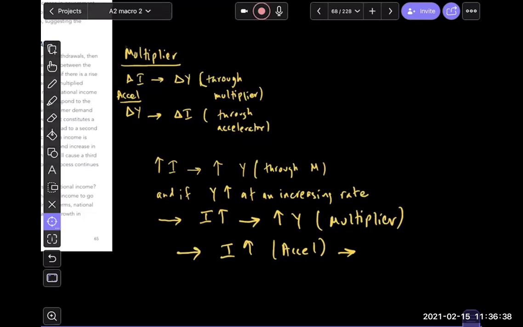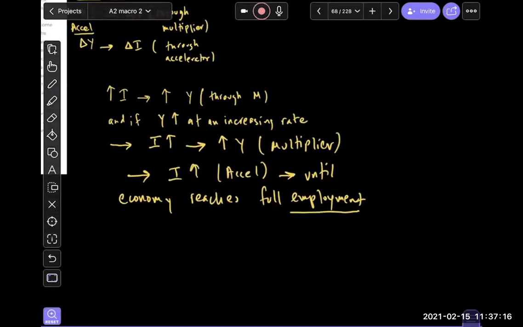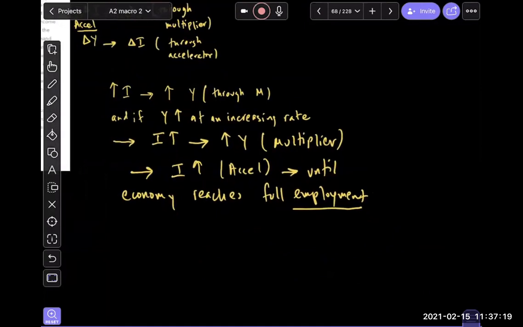Scarcity. Good job. Your limited resources. In other words, until the economy reaches full employment. Isn't that true? So we say this, that theoretically you can't go on and on, because there could be a possibility you can reach full employment. So when I goes up, Y goes up, and when Y goes up, this can make I go up, but you can't continuously grow, because there could be a possibility that you may stop growing at one point in time, right? Because you may reach full employment.